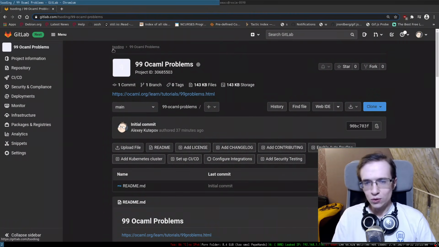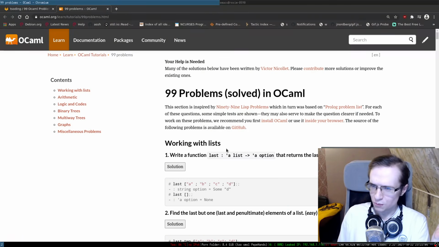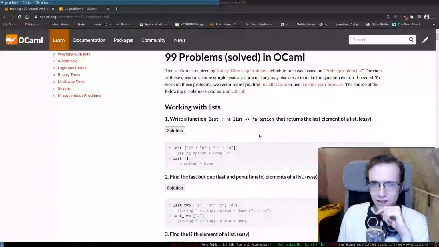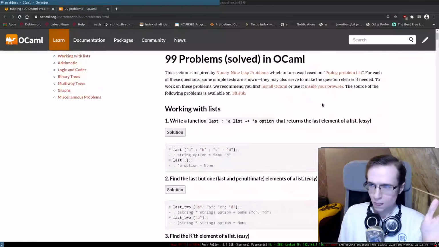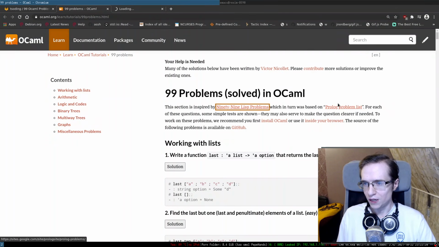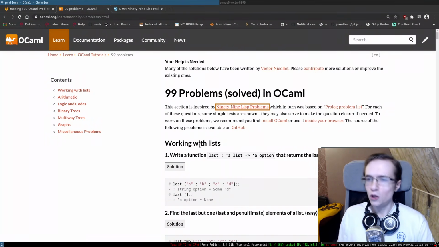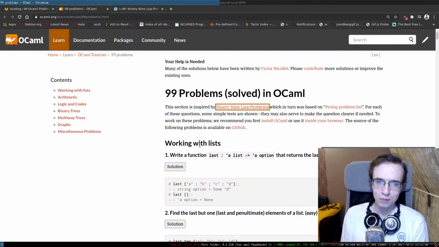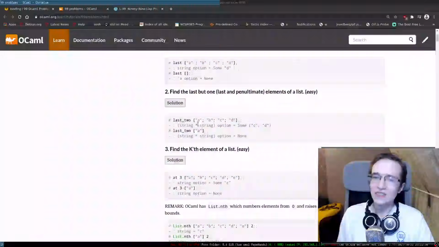So what are we doing today? Today we are solving 99 OCaml problems, or 99 problems in OCaml. Basically this is a set of problems inspired by 99 Lisp problems, which in turn was inspired by a Prolog problem list. So essentially it's more of a challenge, right? If you are learning OCaml, you can practice your OCaml skills using this set of